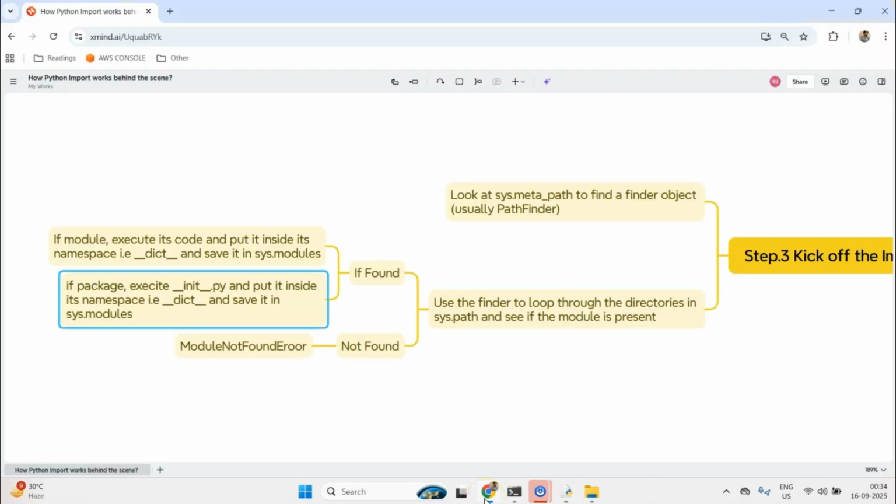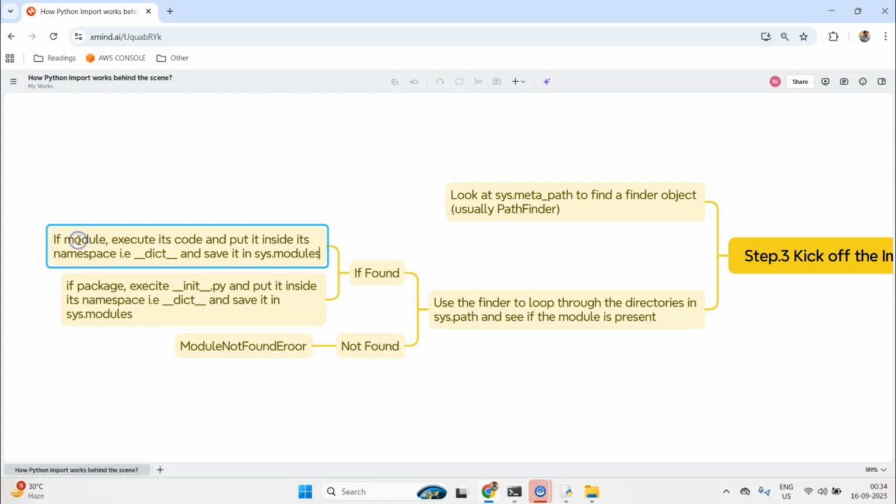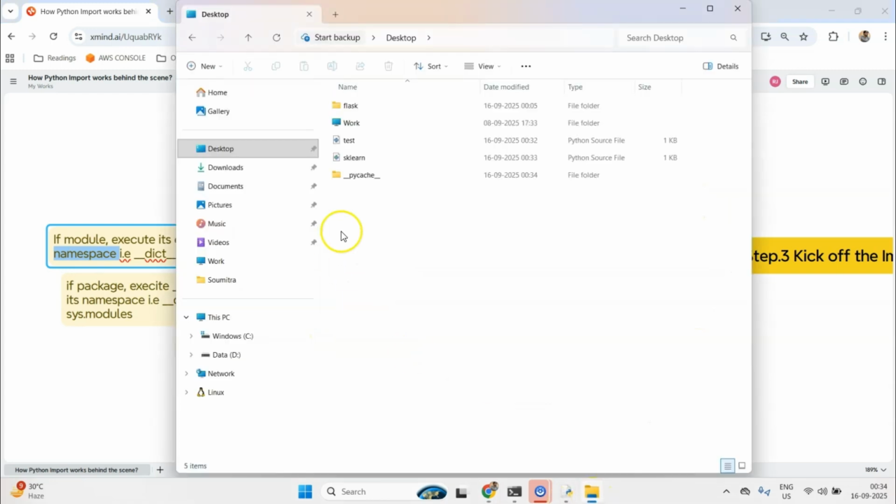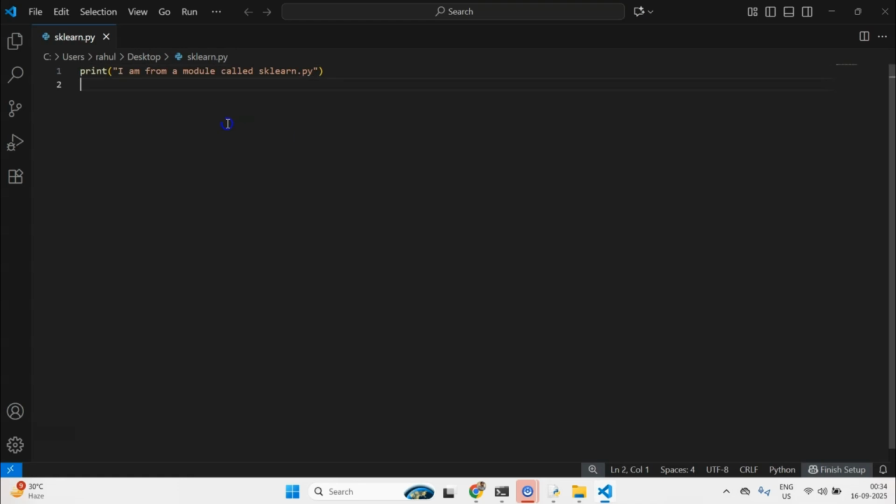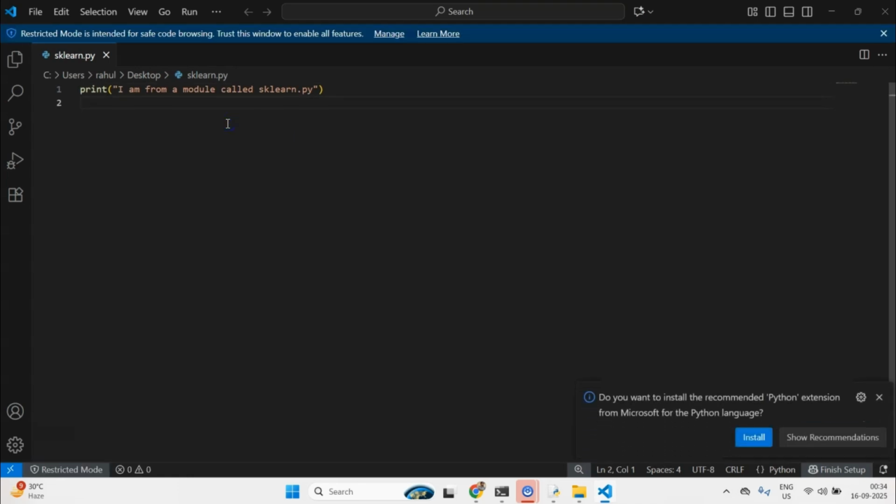So let me now come back to this. If it is a module, it basically executes its code and puts it inside a namespace. Now what is a namespace? A namespace is basically a collection. You can think of it as a dictionary of all the names defined in a module. For example, my sklearn script might have some functions and classes. Those have to be separated from my main script's functions and classes.